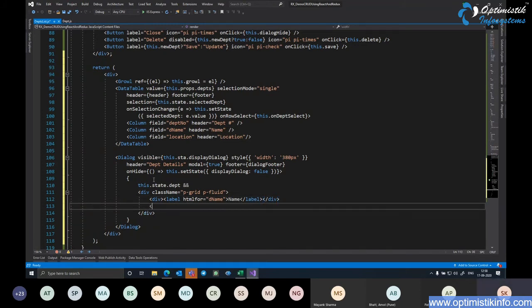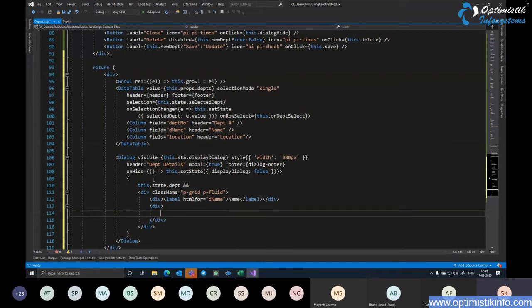Next, I have another div where I'm going to create the input text. So here goes the input text object. Again, the primer React element. I set the ID to dname. I handle its change event. So say on change equals to